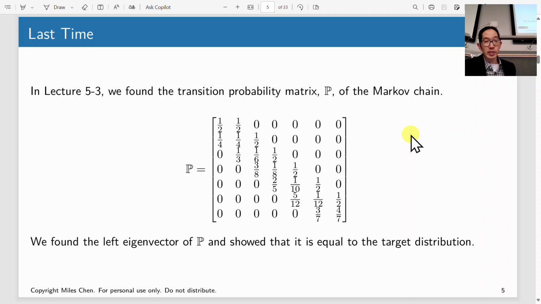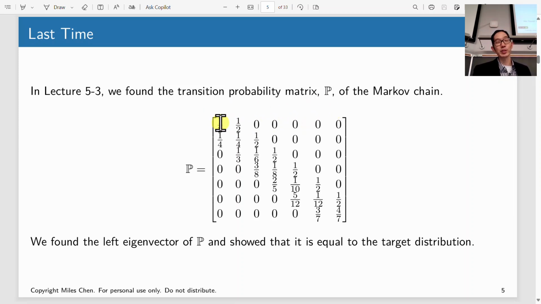So in our last lecture, we calculated this transition probability matrix of the Markov chain, and we said the row represents where your current location is, and then the column represents the location that you'll go to next. So if you're currently at island 1, the probability that you'll remain at island 1 at the next turn is 1/2, and the probability that you'll go from island 1 to island 2 is 1/2, and you have a 0 probability of going to any other island.